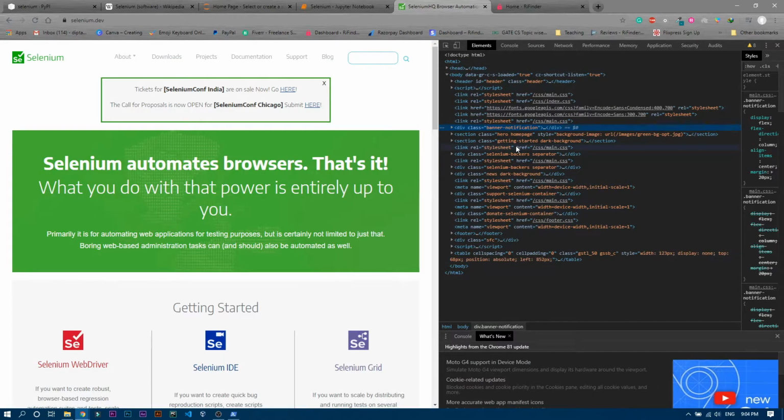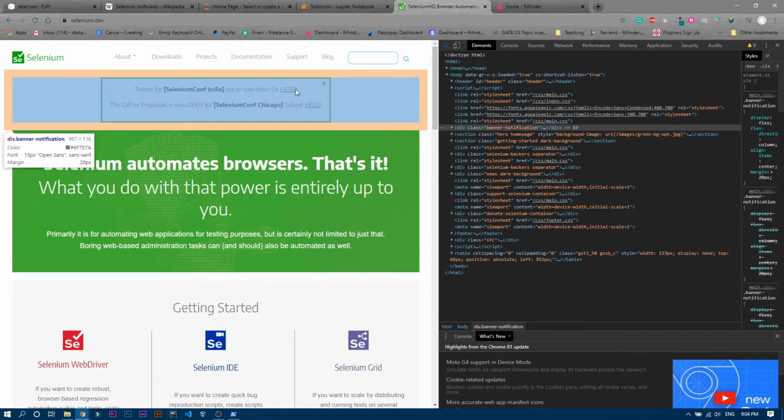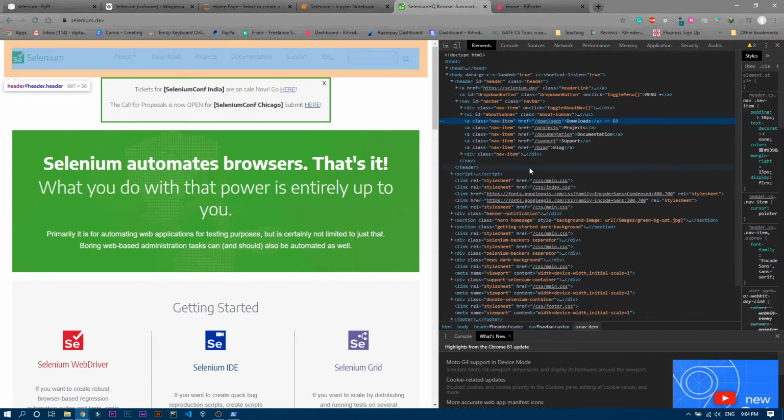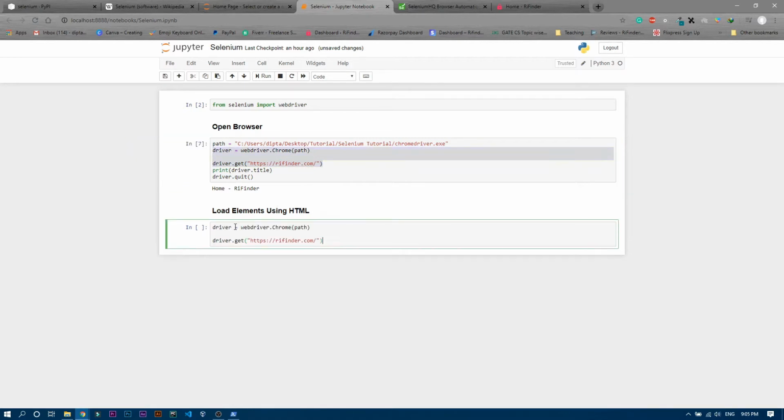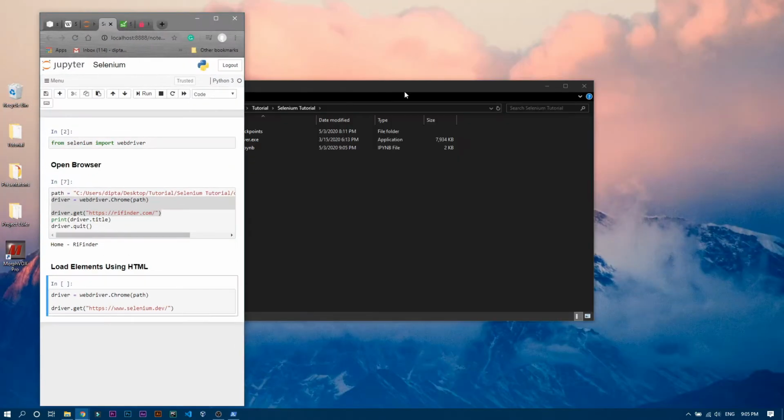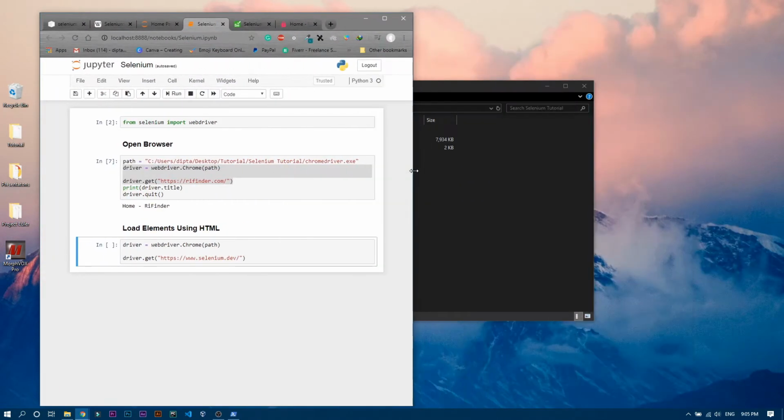You can also print the source code using Selenium as well, so we will see that later on. Anyway, you can clearly see we have this download option. Just click on this arrow and go into this download option, and you can clearly see this is a nav item. The class is nav item and it is referring to the download section. We will copy this line from here, paste it over here, and change the link to selenium.dev. Now let's minimize the screen a little bit, and that's fine.